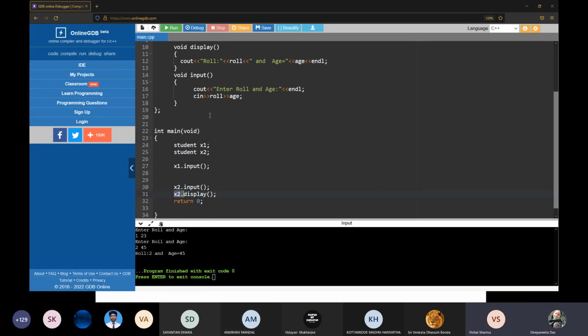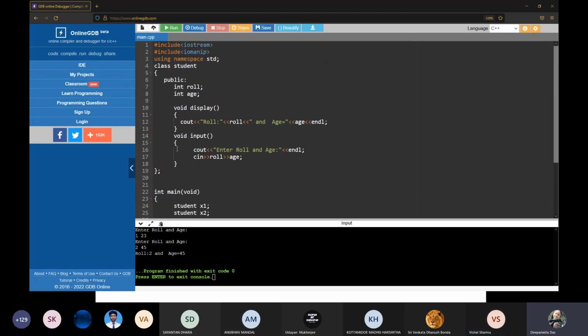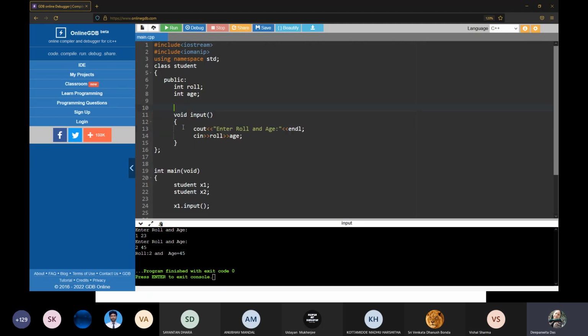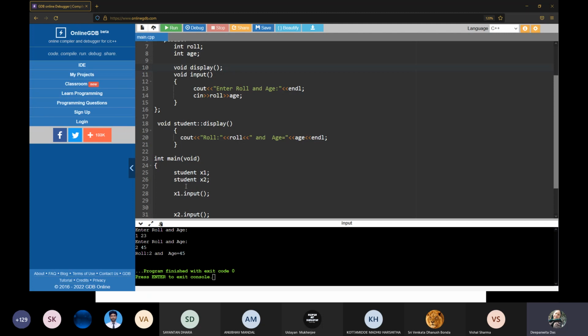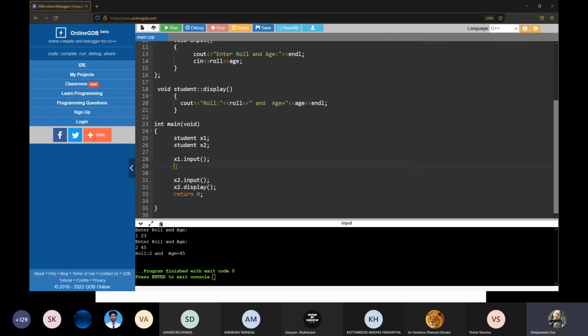Here also I have defined them inside the class, but I can define them outside the class also. So what do I need to do? I just need to write the return type, the class name, then the scope resolution, and declare them like normal functions. It will do the same thing. So if I now write x1.display and run it,